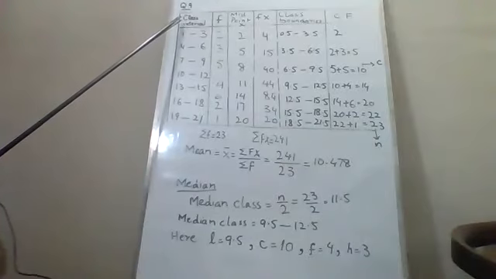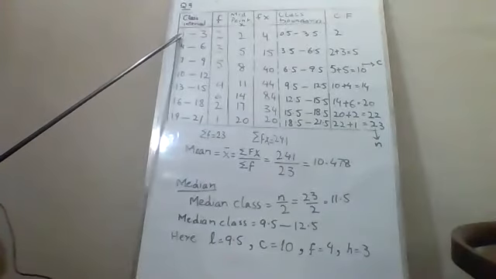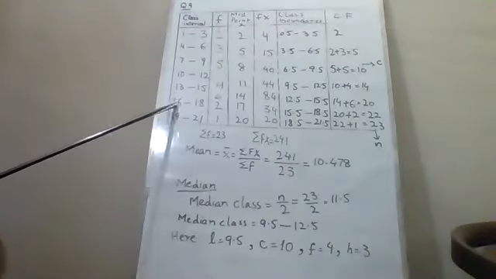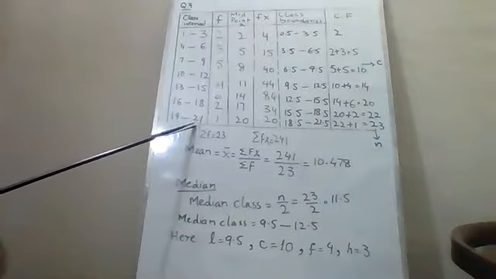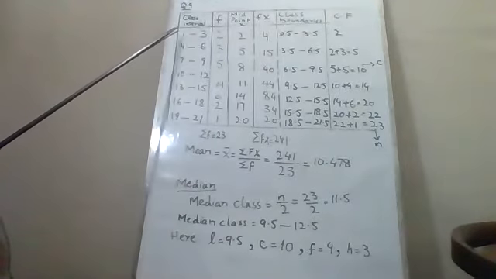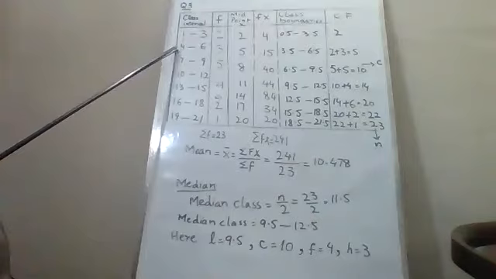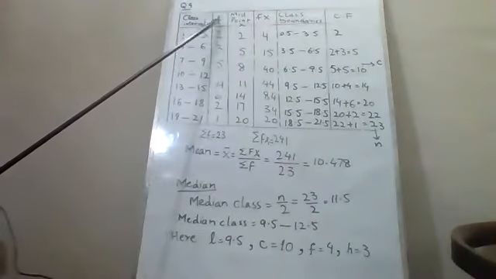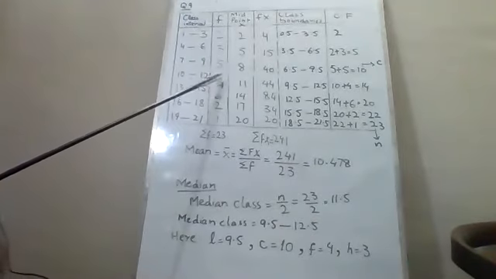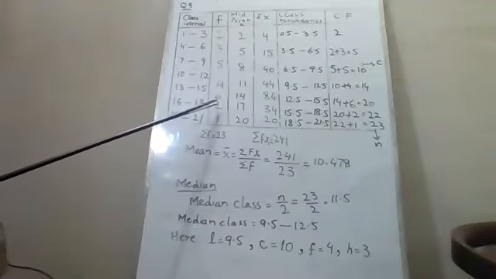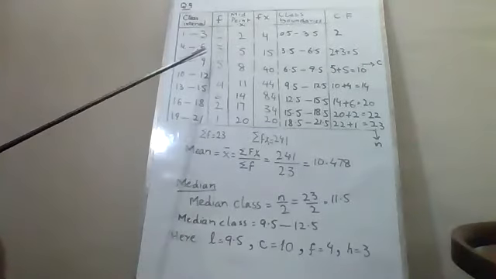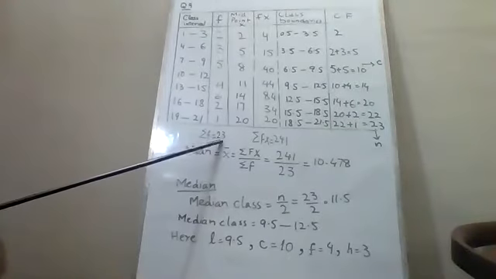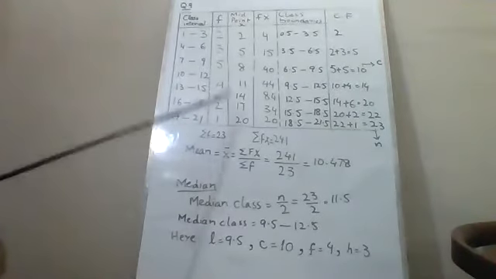तो सबसे पहले class interval is given. This is given: 1 to 3, 4 to 6, 7 to 9, 10 to 12, 13 to 15, 16 to 18 and 19 to 21. यहाँ पर जो साइज है h, वो 4 माइनस 1, h की वैल्यू 3 है. फ्रीक्वेंसी जो हमें गिवन है वो 2, 3, 5, 4, 6, 2 and 1. When we sum all these frequencies, then we get sigma f and it is 23. Frequencies का sum जो है वो 23 है.